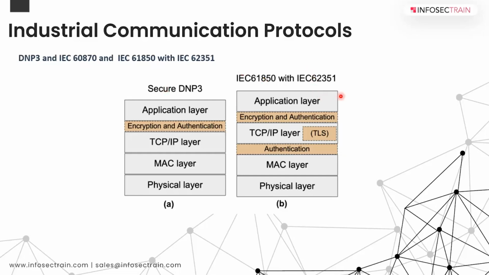So these are the two main protocols that you need to know, especially when you're talking about the power sector. DNP3 is more with respect to North America, Canada and the US, but globally, if you're working in the power sector, power transmission, power grids, distribution, and so on, or you're working with digital substations, 61850 is something that you need to know, especially the inner workings, how the data is encapsulated, transmitted, received, and how 62351 helps to make it more secure.